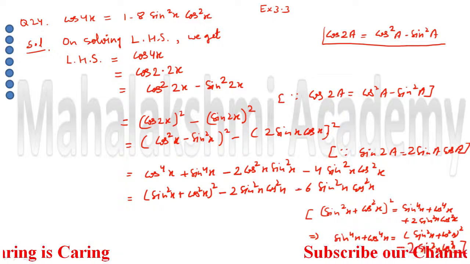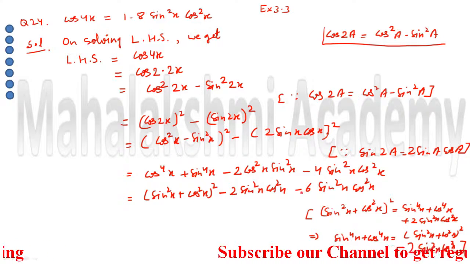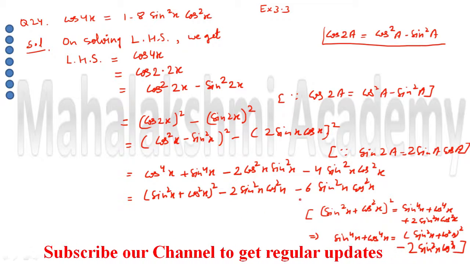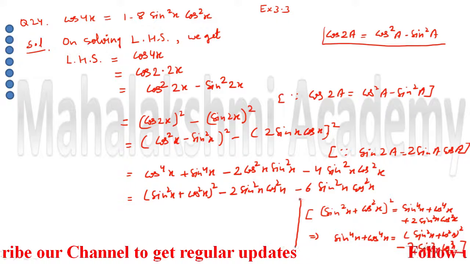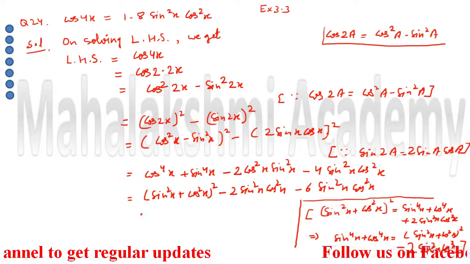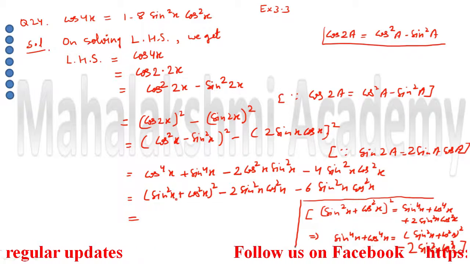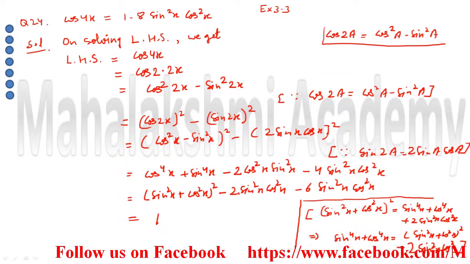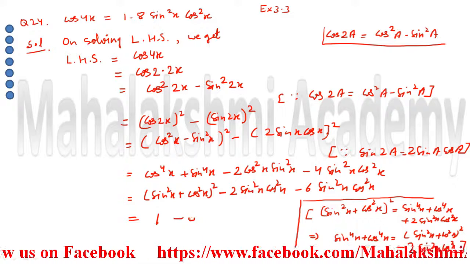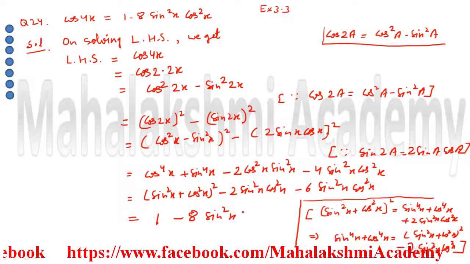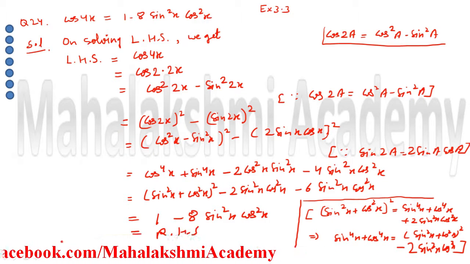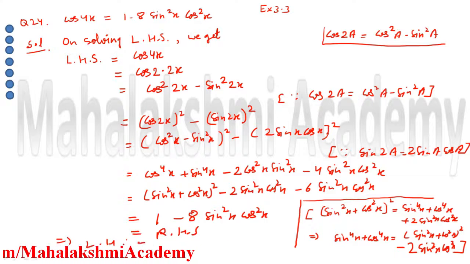Now finally this 2 and this 6 are also like terms, they will add and it becomes 8. And sin square plus cos square is how much? 1. I am drawing a line so that you will not get confused, I simply wrote it to explain to you. So when we substitute the value of the identity, sin square x plus cos square x is 1. So 1 square is only 1, and this 2 and this 6 will get added, and we will get 8 sin square x cos square x. That is our right hand side. So we obtained left hand side equal to right hand side, and hence this question is proved.